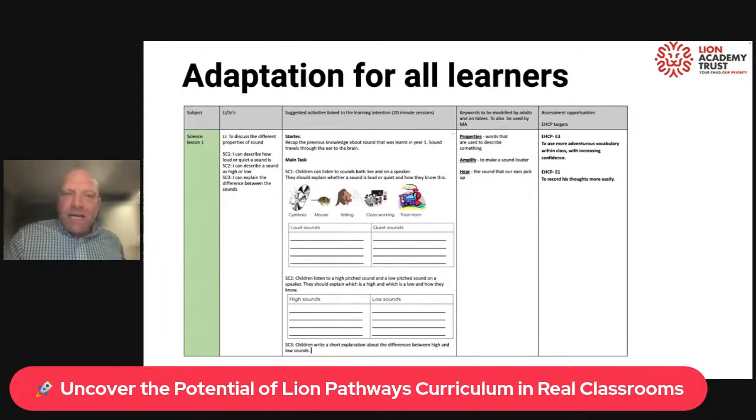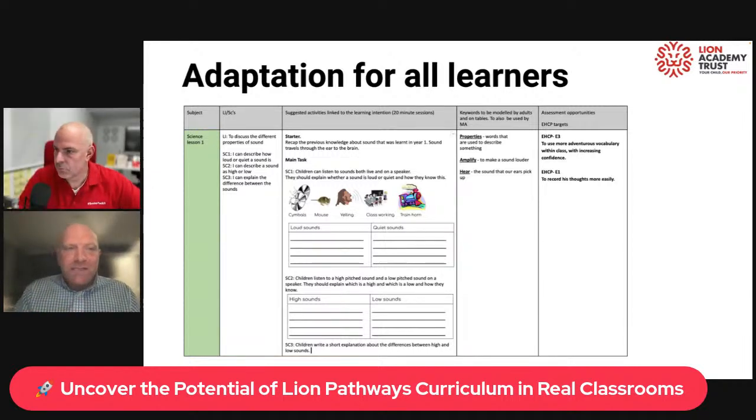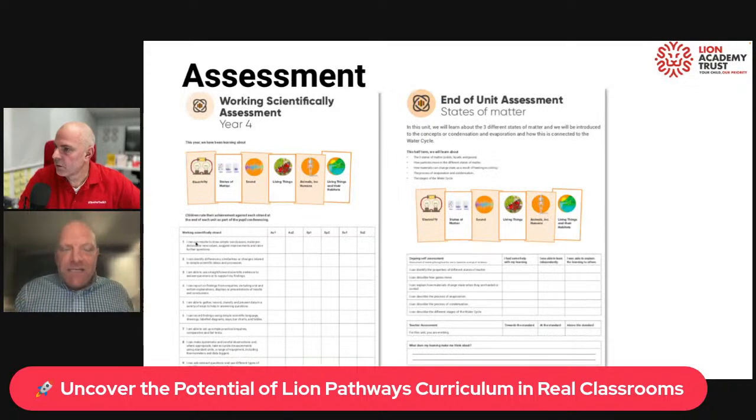Similarly, if we've got some children with EHCPs, maybe their attainment levels are working significantly below the curriculum, because it's ambitious for everyone, and especially SEND, and that's where the pathways can be used, so that you can use that sequence to give the children the right, ambitious, challenging learning diet. And then the next slide, assessment being a big factor, but part of the Lion Learning Pathways,